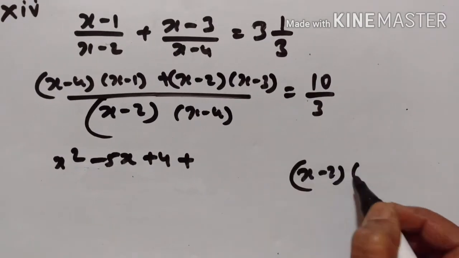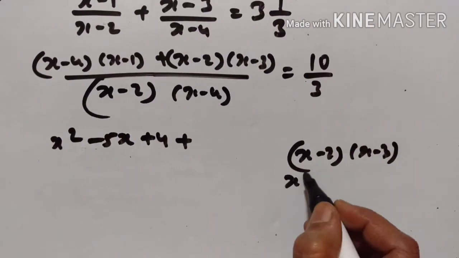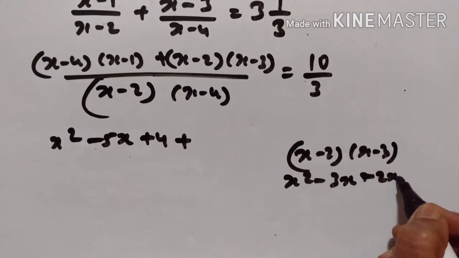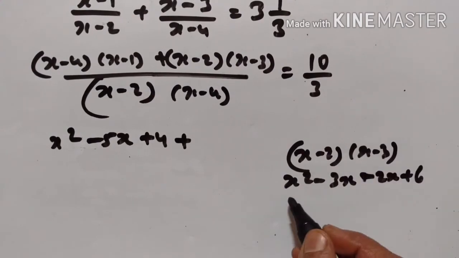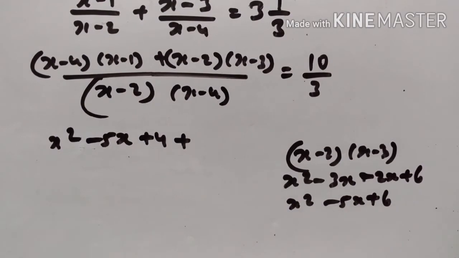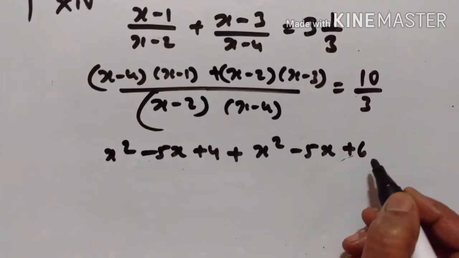x minus 2 into x minus 3 is x into x minus 3, minus 2 into x minus 3. Minus minus plus. x squared minus 5x plus 6. So we have x squared minus 5x plus 6